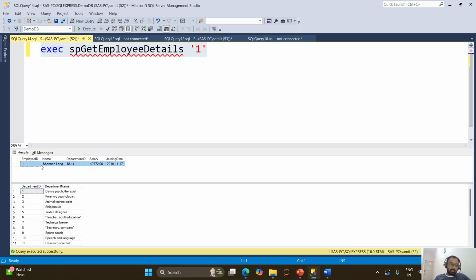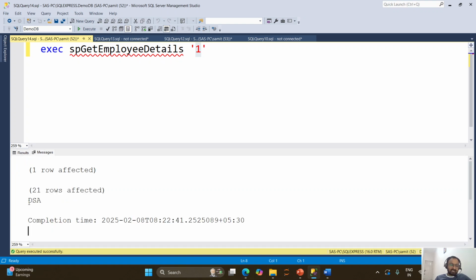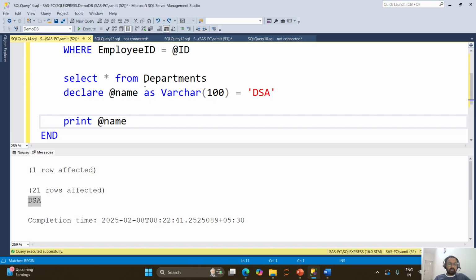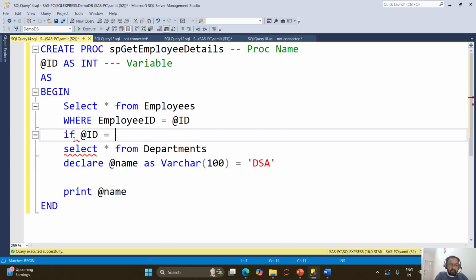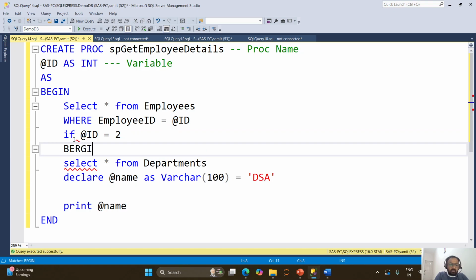So you had a select query to filter the employee information based on the parameter passed, that is this select, and you are selecting all the values from department table, and we also had a print one, right? Yeah, good catch. So print is coming, you know that print comes in messages, so this is what we tried to print, DSA, right? So this is the purpose of stored procedure. Like you can run multiple lines of statements. You can keep loop. You can say, okay, if @id equal to 2, then only,